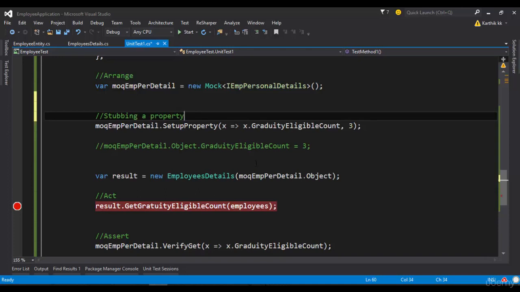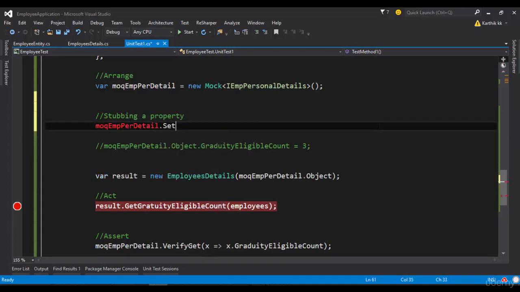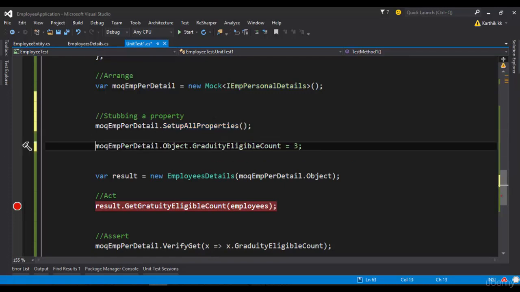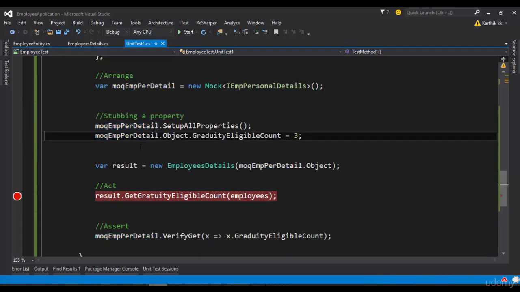Instead of doing this way of stubbing, we can call one more method called setup all properties, and this will make all the properties within this particular employee personal details type stubbable, meaning now you can set any value to that particular property. So how that works: if I do a setup all properties here, and now the commented line of code, if I uncomment this particular line of code, and now if I try to debug this,